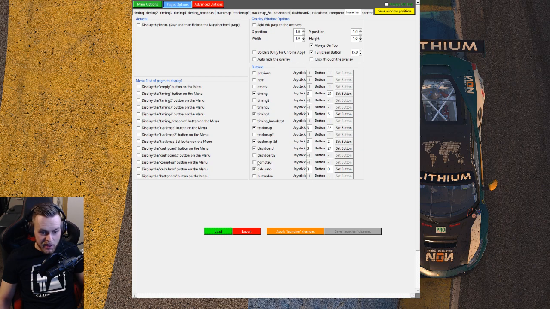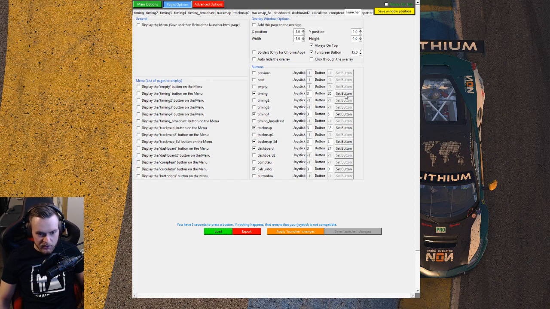It doesn't really matter which is first and which is last, because you're just going to assign buttons to certain pages. So let's see. I want my timing on my button box. You will not be able to see it, okay? But I'm going to use timing on the second